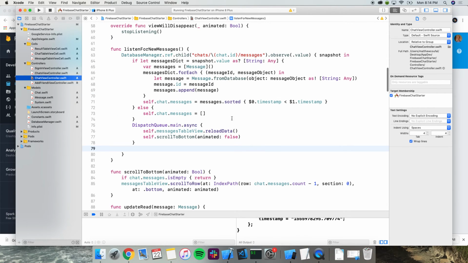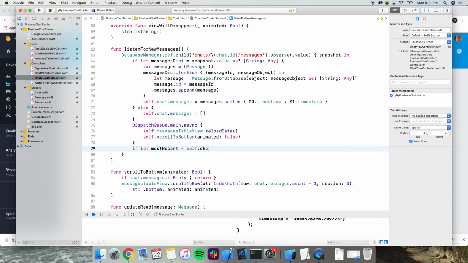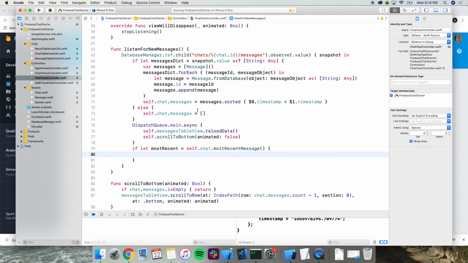So we want to find that most recent message, if it exists, and then update it to be read. So we can unwrap it here, because there might not even be one. Okay. All right, now we have a message. I'm just going to make sure I'm doing it in the right place.